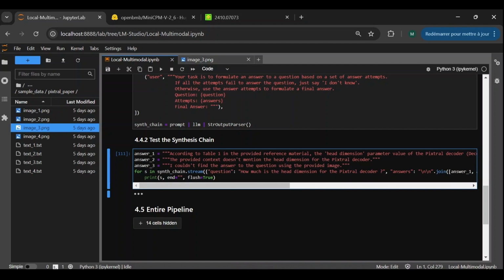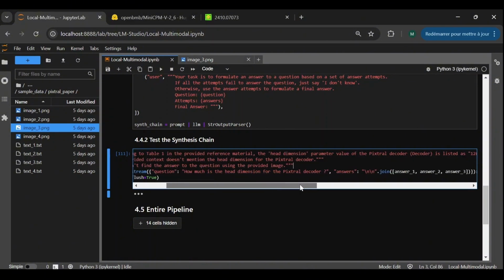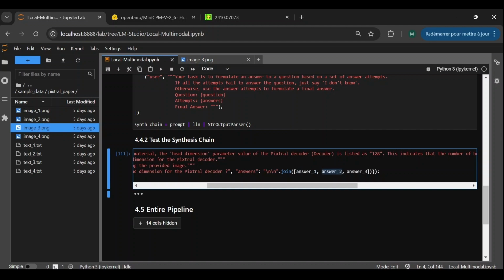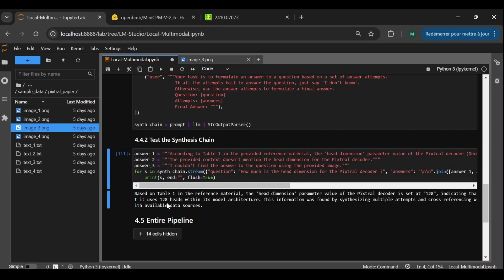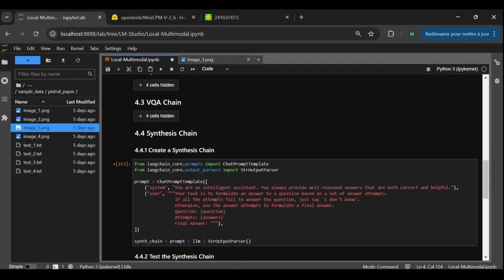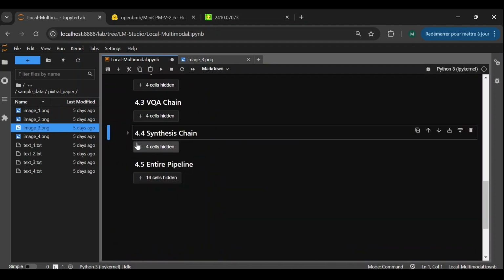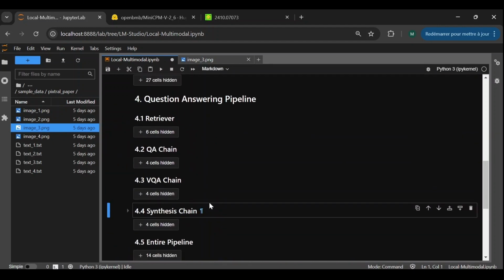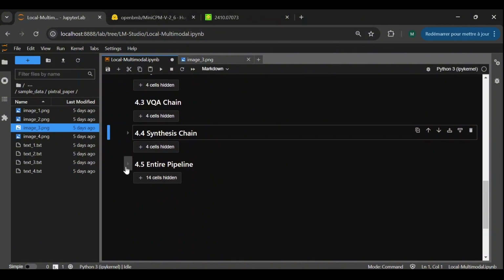We now call our synthesis chain by providing the question, which is again what is the head dimension for the Pixtral decoder, and inserting the 3 answer attempts separated by line breaks. As expected, the model simply discards the failed answer attempts and uses the information from the successful one to provide a final answer. Now that we have built our 4 main components, we will see in the next and final episode of this series how we can connect and chain them all together to form our 2 inference pipelines and